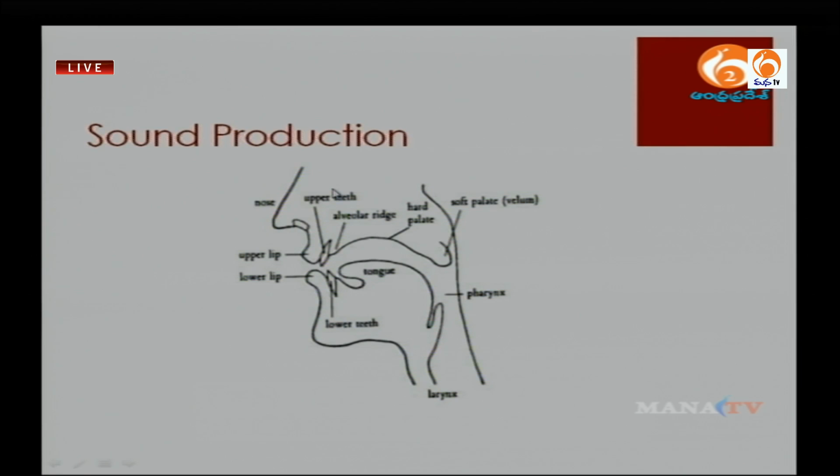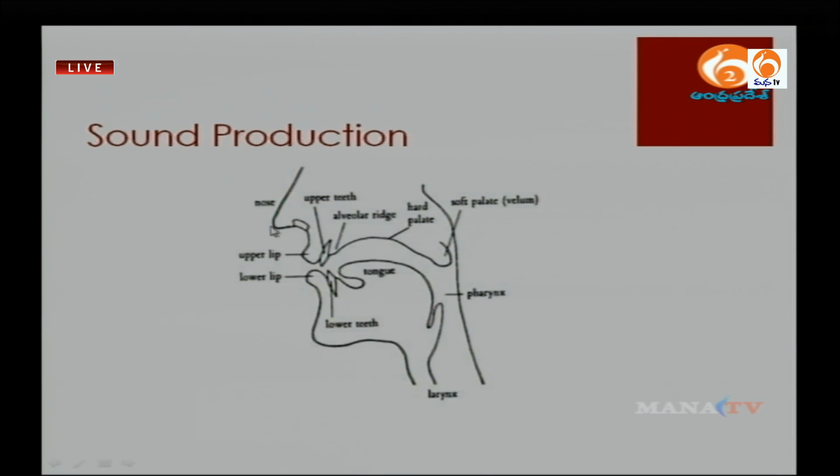So I'm sure you've got the idea by now. These are your mouth organs. More or less, all these mouth organs are helpful for enunciating the 44 sounds in the English language. The major challenge here in Andhra Pradesh is that certain sounds, the way they are enunciated, and certain words, the way they are pronounced, are affected by first language interference.